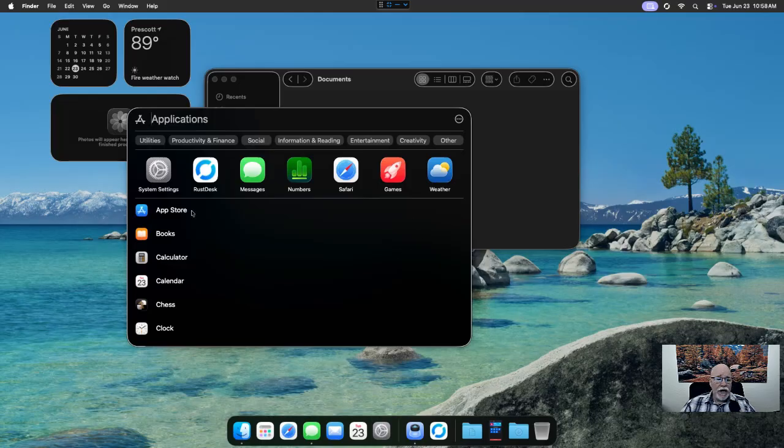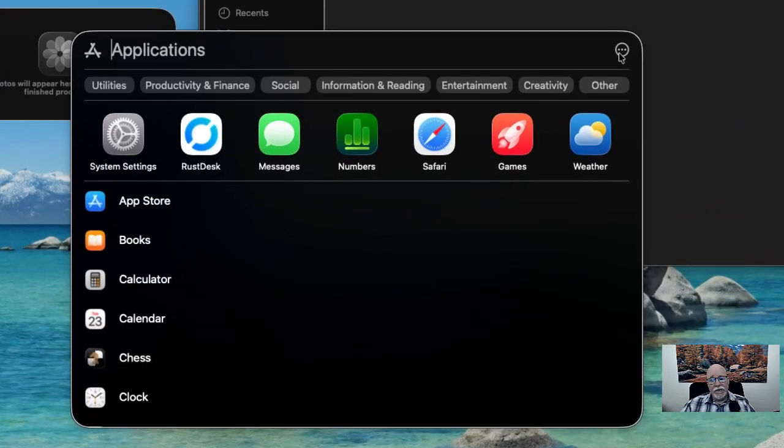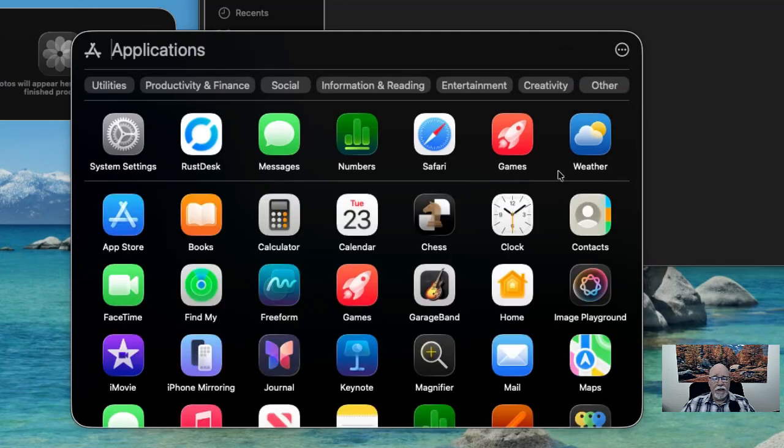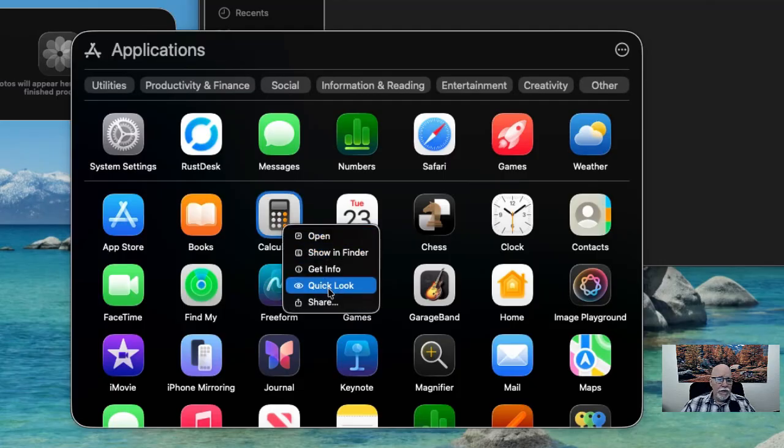You can either organize this as a list or you can use a grid. So you click on these three dots in the top right-hand corner and you can do grid, and then it's going to show you everything that way. So we could look in here and say, I use the calculator all the time. I'm going to do a right click on calculator, and I'm going to do,